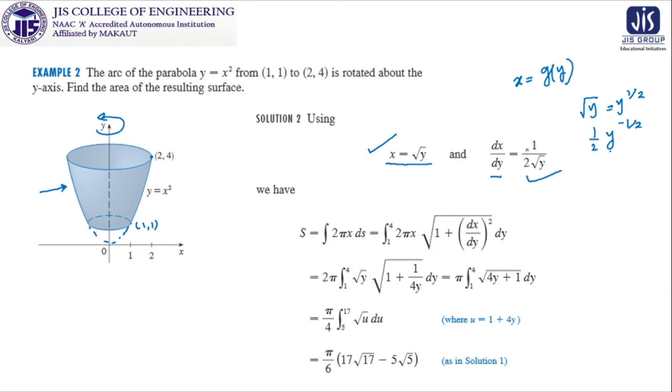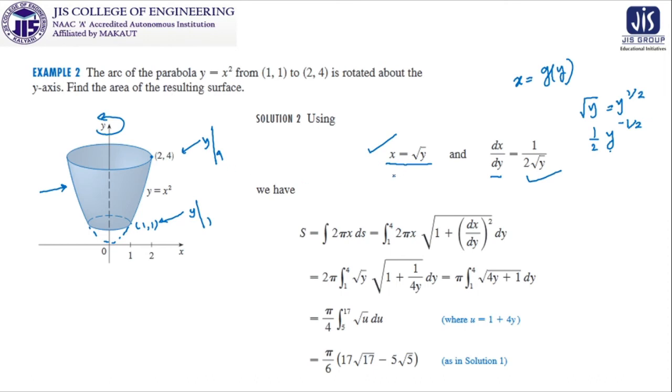So again I am saying that it is merely a calculation. Your job is to calculate this as per your own choice, and then check whether this calculation is similar to yours or not. And obviously there are assignments provided to you, which you have to solve within the stipulated time, and then your concept will be clear. So what we are doing here, it is 2 pi, and the limit is 1 to 4. From where do we get it? Look at this, it is (1,1) to (2,4). So what is the y component here? The y component here is 1, and the y component here is 4. So the integration will be from 1 to 4.